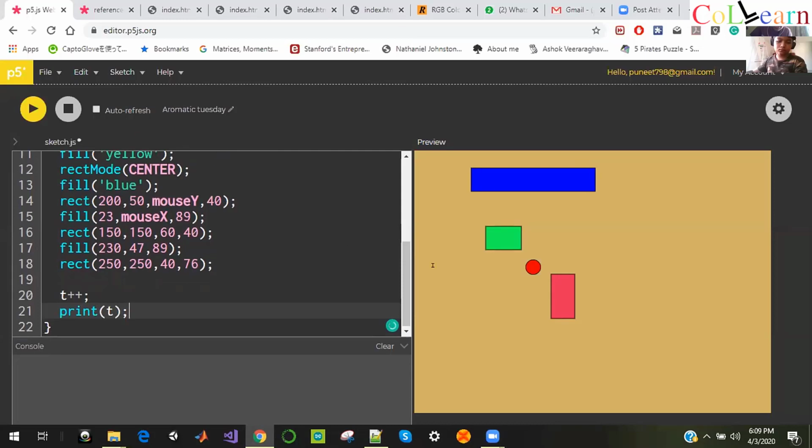So everyone clear? Just write yes, so I know it. So if you run it, in the console just below it, you will see that t is being printed. The last part, Vishali wants to know what the last part is. So I have written t plus plus after whatever code that we have written in draw, and I have written print t. So t is being printed in the console. The reason the value of t is being changed is because the code is again and again going in draw, and it is changing it.